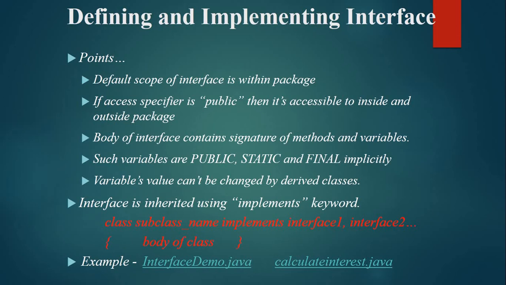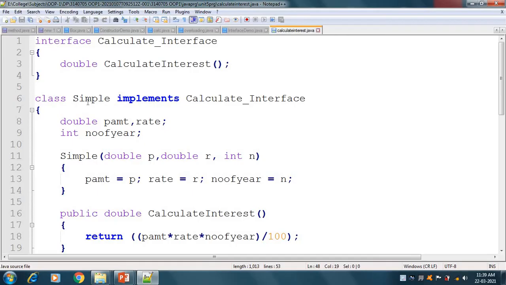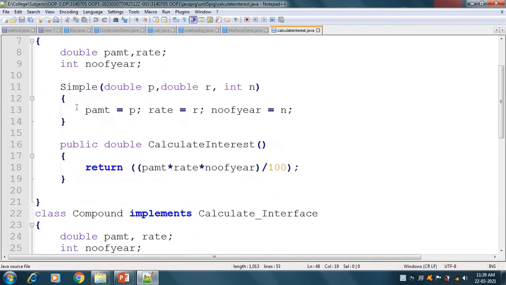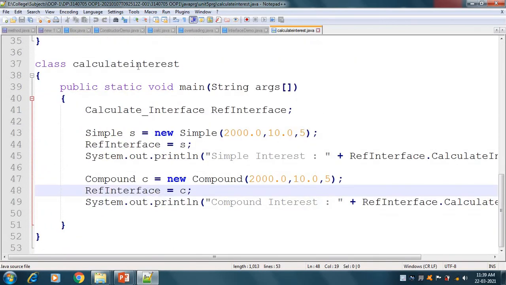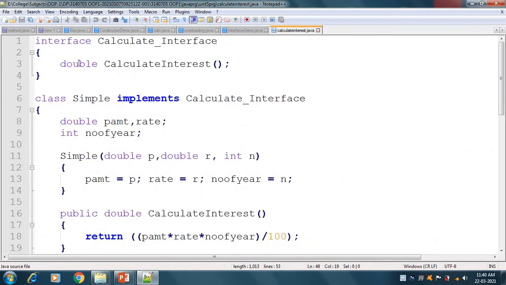Okay, we will check the interface demo. Here we have our CalculateInterest class. In the CalculateInterest class we have our main method. In the main method we have created a reference of the interface. That interface is the Calculate interface. In it we have a method signature, meaning the declaration of the method is there.